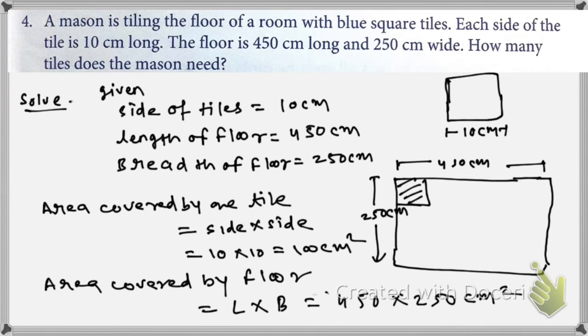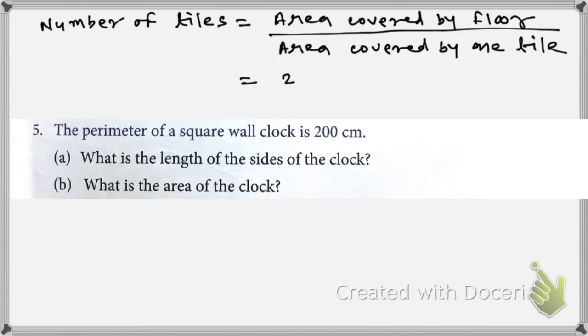Here, so 250 multiplied by 450 divided by